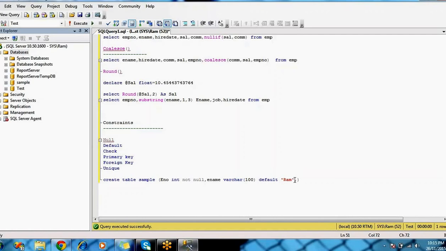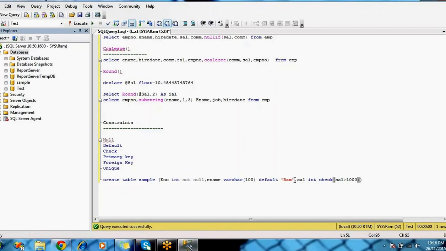And what about the check constraint? For example, the salary column, salary is integer. If you are making the check constraint, you have to open the bracket and write salary greater than 1000. If the salary is greater than 1000, then only it will allow the insert. Whenever you insert data for this particular employee, the salary must be greater than 1000, then only it will insert the data.